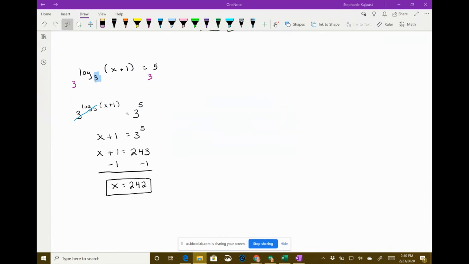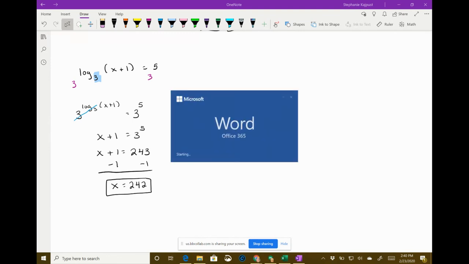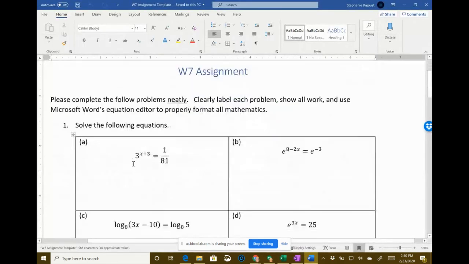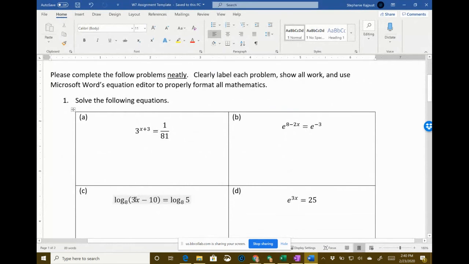I have another question for you. Yes. How do you do, on a written assignment, I'm not asking for the answer, but it has e raised to the 3x or log base 8. This one right here? Yep. Raised to the 3x minus 10. How do you do the 3x, or how do you do like 8 minus 2x or whatever like that on your calculator? Okay, so